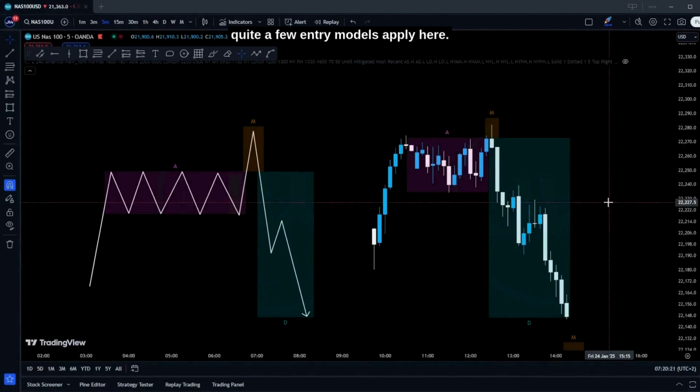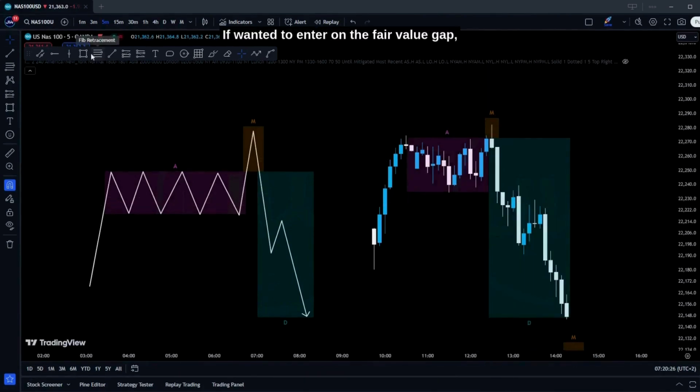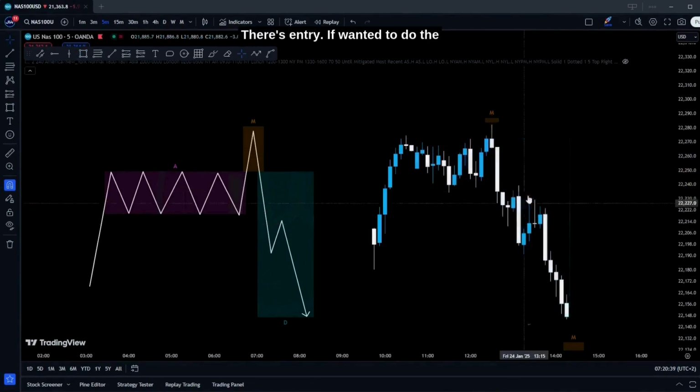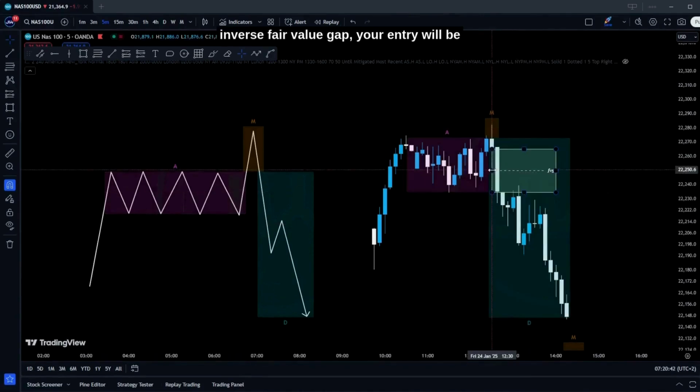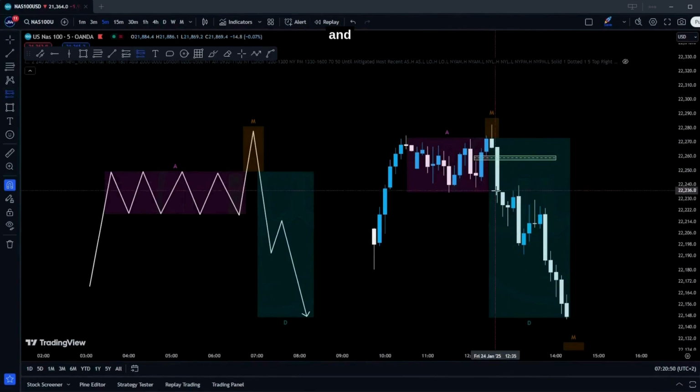You can see quite a few entry models apply here. If you wanted to enter on the fair value gap, there's your entry right there. If you wanted to do the inverse fair value gap, your entry will be at the close of this candle,